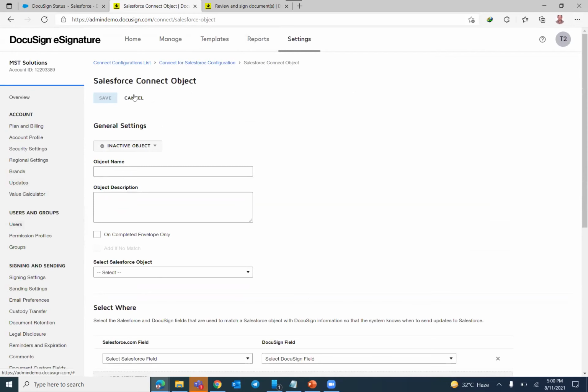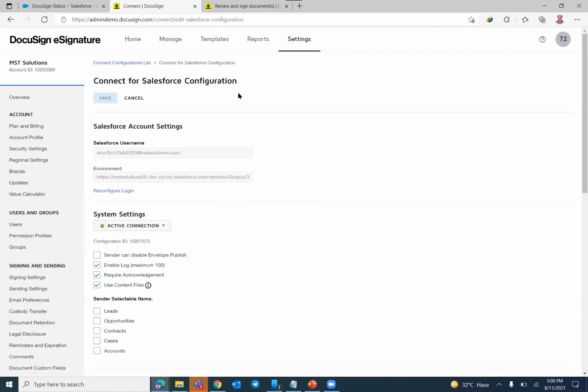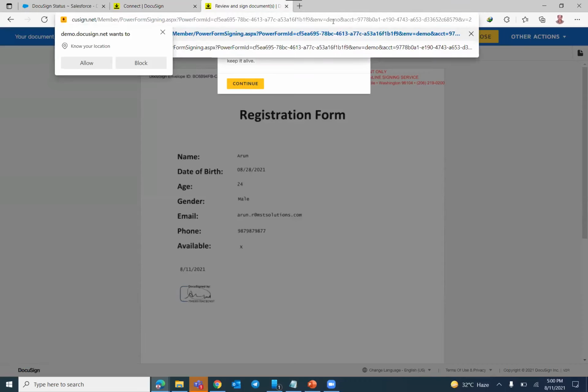And one more question, please. Are you able to customize the signer view? Update or customize the signer view? You mean this one? Hold on a second.